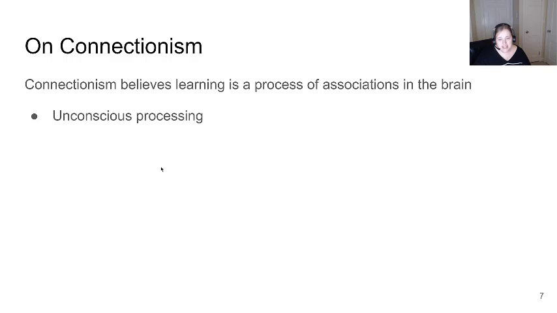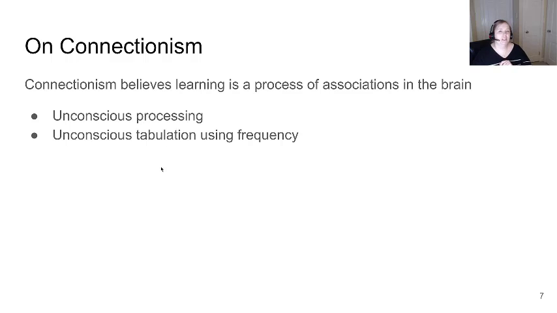So what they're saying is that as you are exposed to language, implicitly, you have unconscious processing. Your brain's going, oh, I guess there's associations. There's a frequency relationship between, I don't know, John and walks, for example, right? Or other third-person singular subjects and walks. And we go, those tend to co-occur. And so as you're processing it without thinking about it too much, your brain starts making an unconscious tabulation using